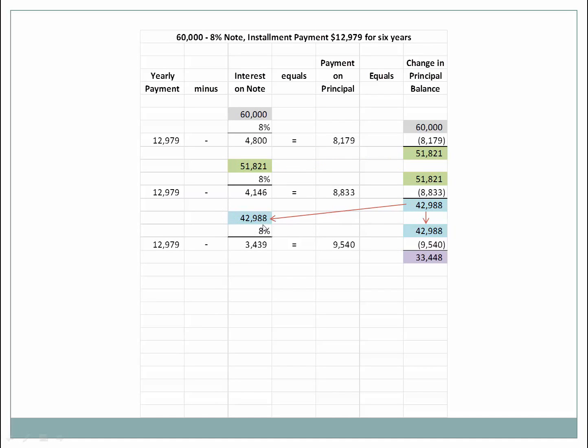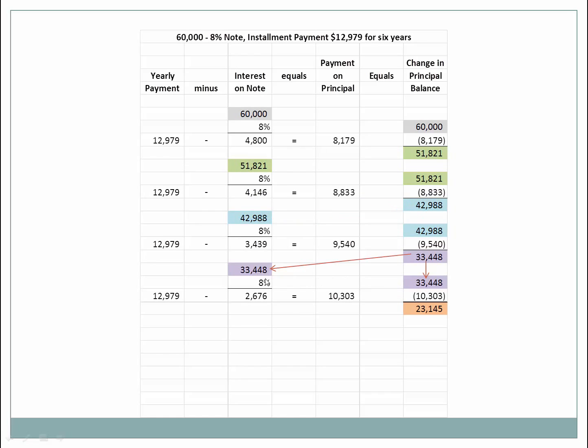With the new principal balance, we will calculate interest based upon that. We'll subtract the interest portion from the total amount that we're paying, and that will give us the payment on principal. We'll subtract that from the principal balance at the beginning of the period, and now this will give us a new principal balance of $33,448. The next year, we're going to calculate interest on the new principal associated with the note of